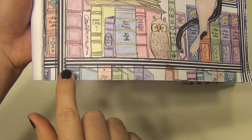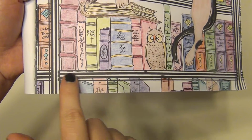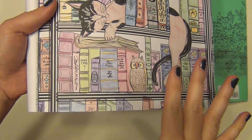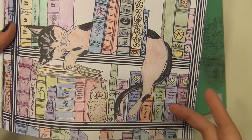So for example, down here you can see some of the images overlap. This looks like it's supposed to be the bookshelf, but it's overlapping and you can see through it. That threw me off a little bit. It seemed like it was almost a little more of a messy type of